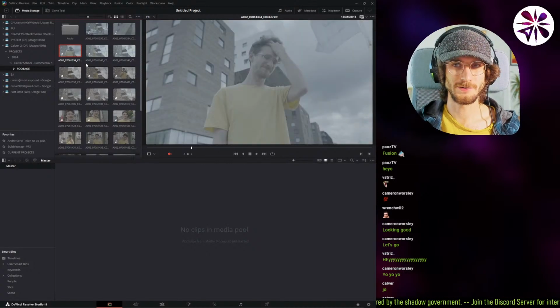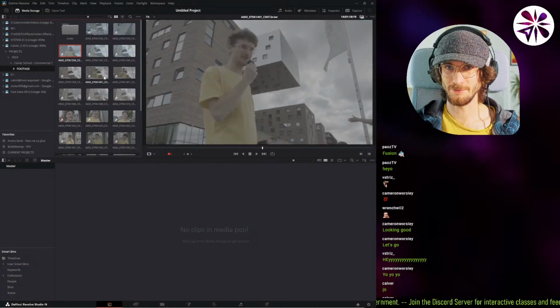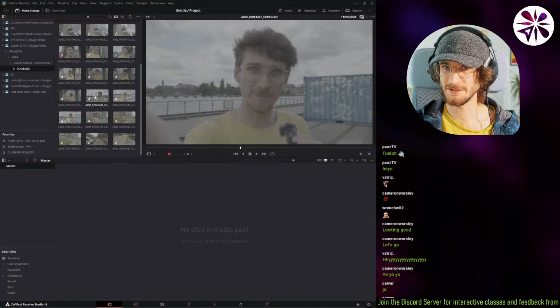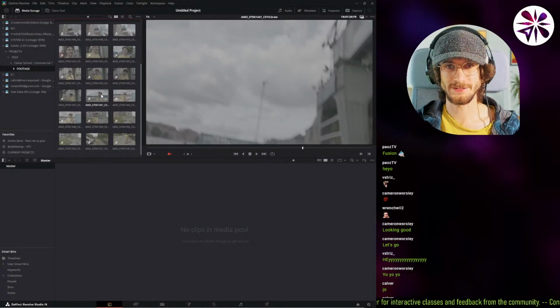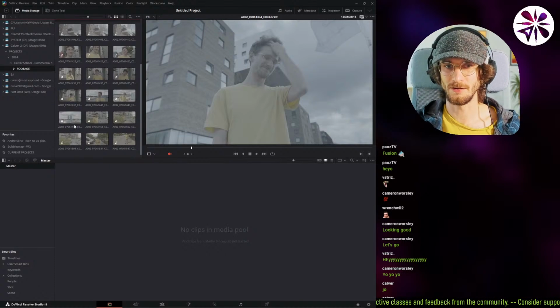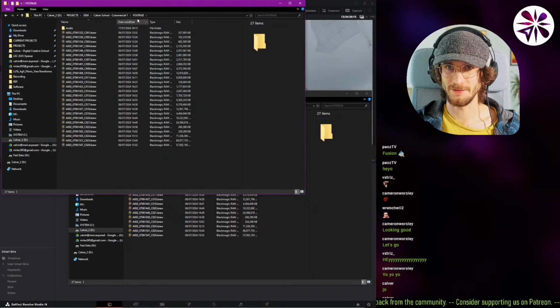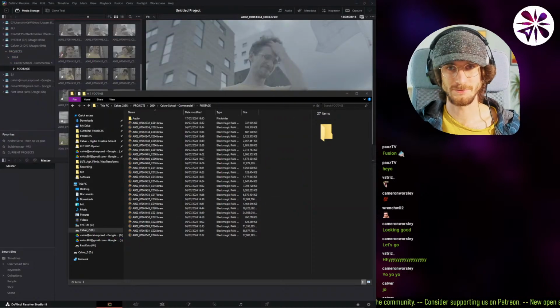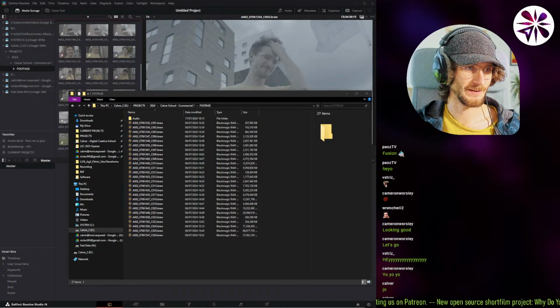I honestly use Resolve for media browsing a lot, because the way you can quickly scroll through footage is very useful. I use this window a lot when I'm looking for visual effects too. I just want to quickly show that to you because I think it's very useful. Even if you are not using Resolve for editing, it's still very useful for finding the correct stock footage and stuff like that. So if I open up my effects folder here,